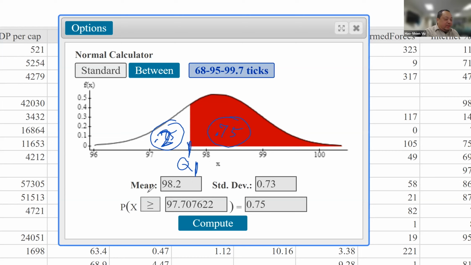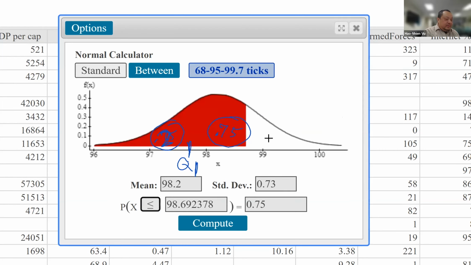So yeah, you have to watch this direction, this greater than versus less than, right? You always have to watch that. And so yeah, be careful about that. Whereas if I do it as a less than right here, then I would get the right one. This one is a Q3 with 25% this side and 75% that side. All right, are we good?